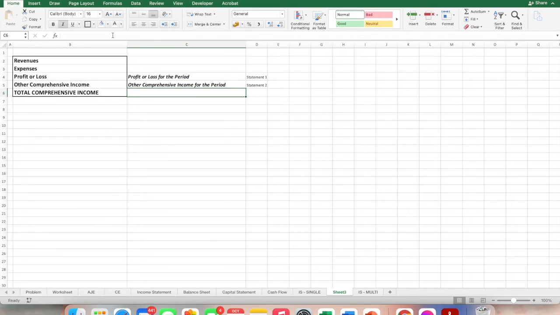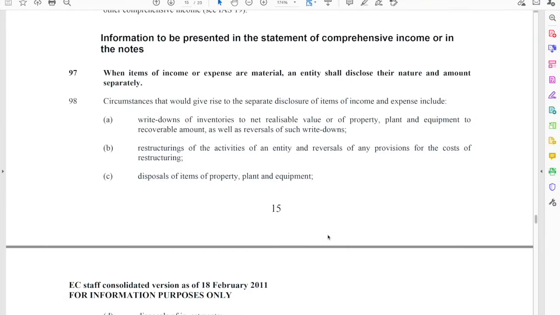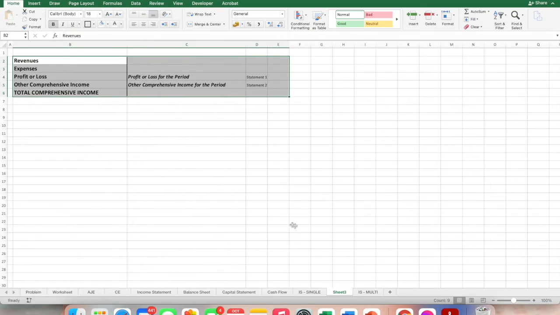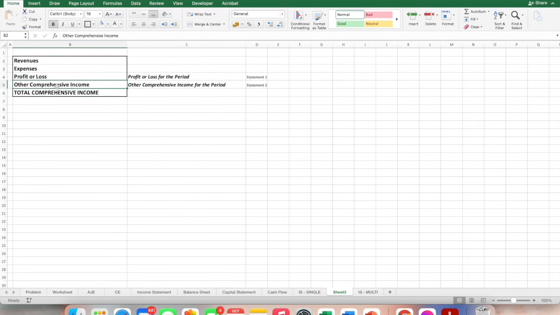Then after that, statement 1 plus statement 2, diyan lang mag-a-arrive with the total comprehensive income. Okay? So, ito yung ibig sabihin sa two-statement presentation. Okay? So, ayan. So, let's go back. Okay, sige. Discuss ko na rin tong other comprehensive income in a quick